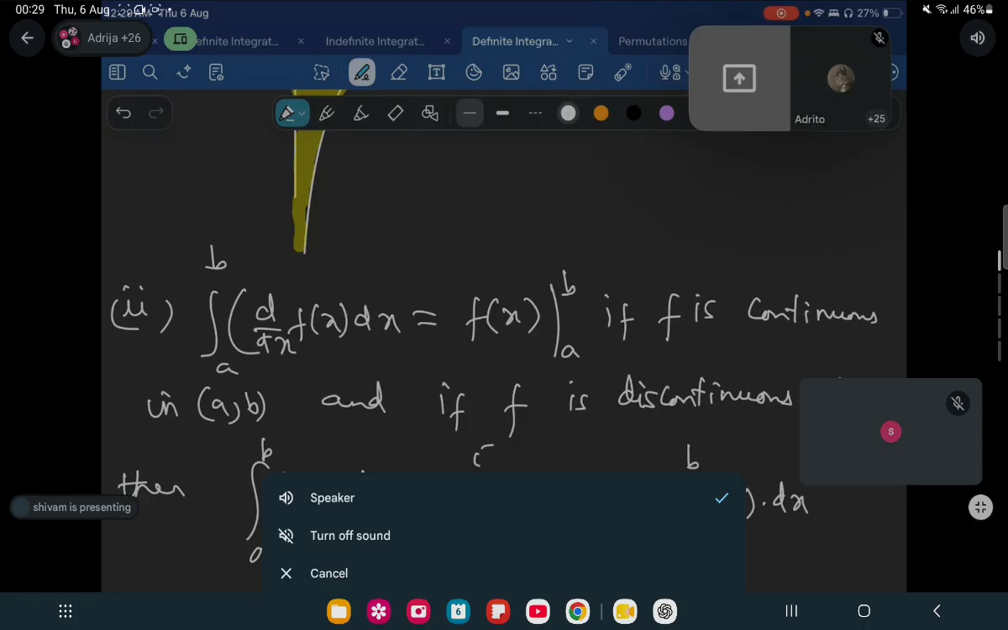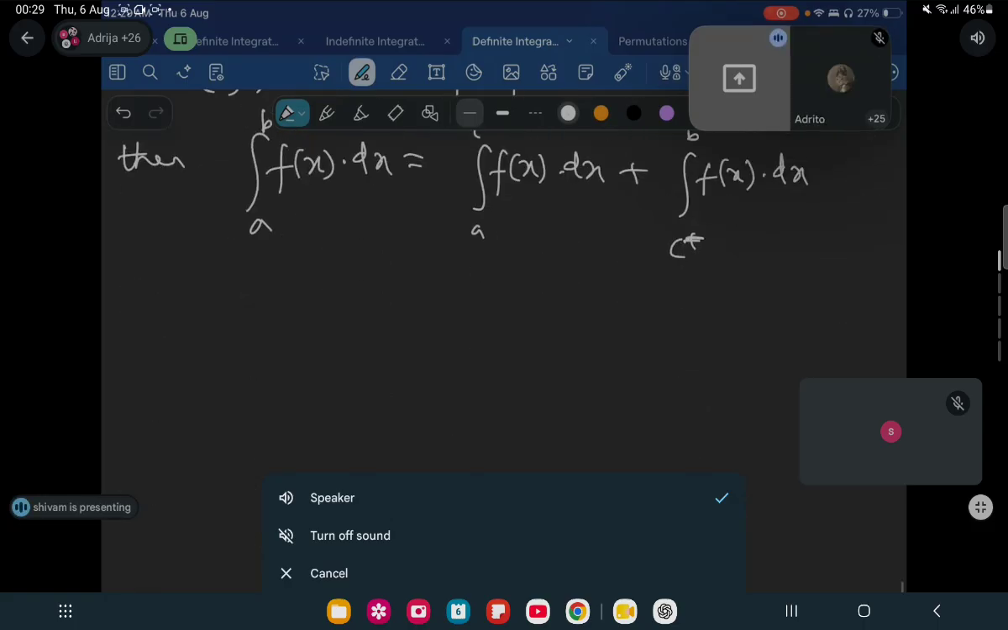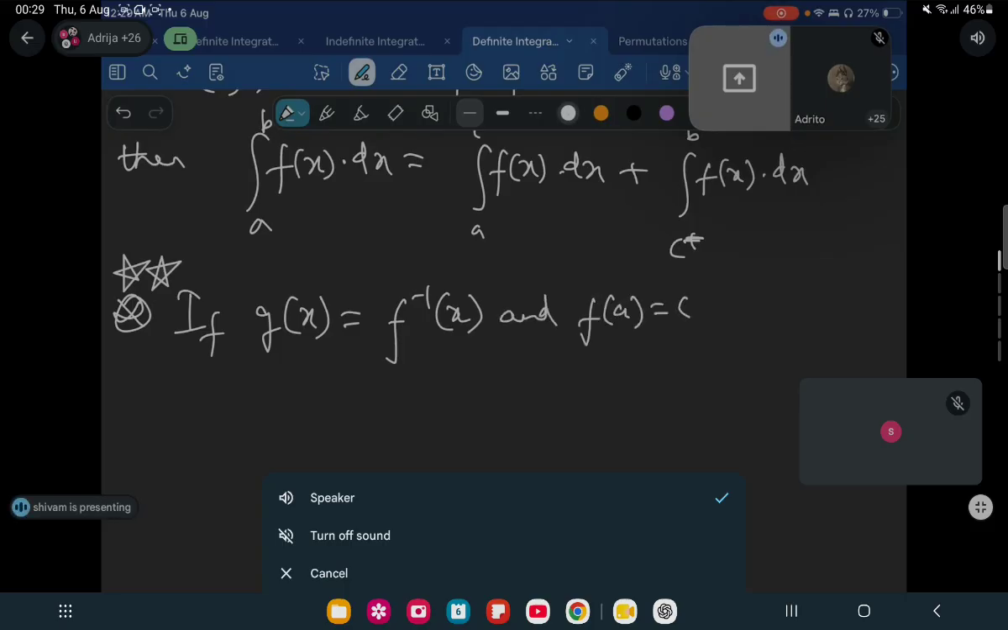Okay, so one last thing I'm going to discuss, and this is very important. If you see PYQs, you'll find at least 3-4 questions or more than that, and this kind of question has come in advance also. If g of x is equal to f inverse x, and f of a equal to c, f of b is equal to d, then the value of